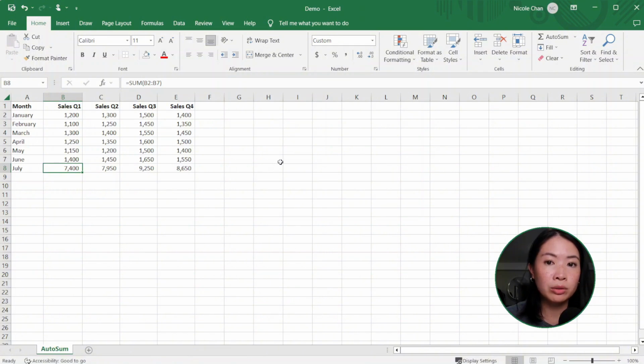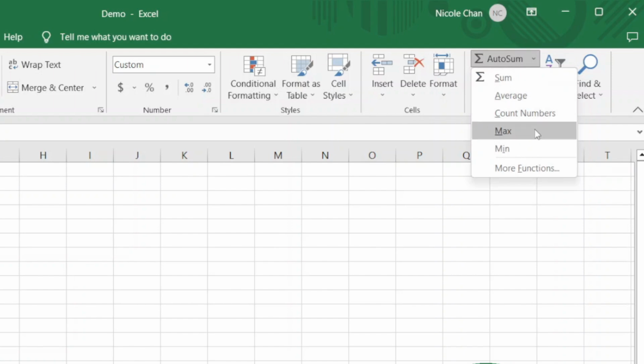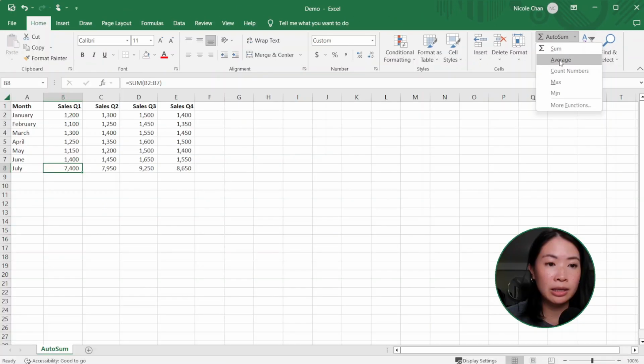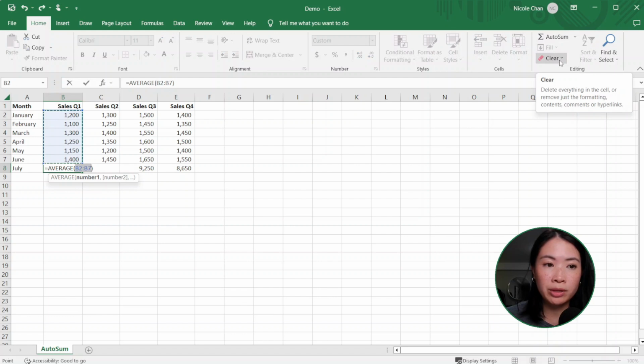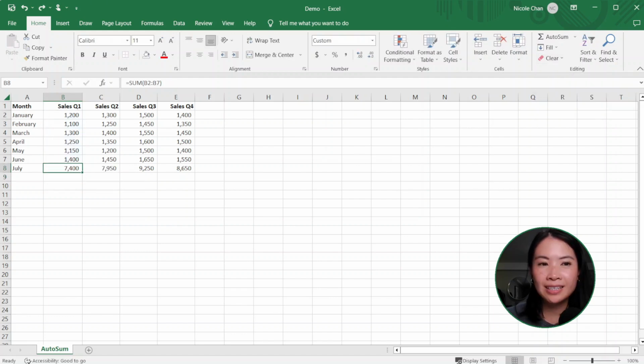AutoSum function can also not only add up all your numbers, but can also average, count the numbers, find the maximum and the minimum. Let's click average, and it changes the formula to an average formula. Press enter. And that's it. The AutoSum function is super easy and helps with your